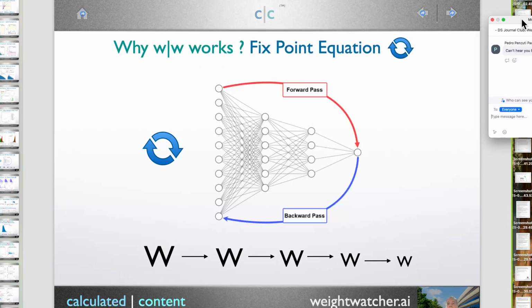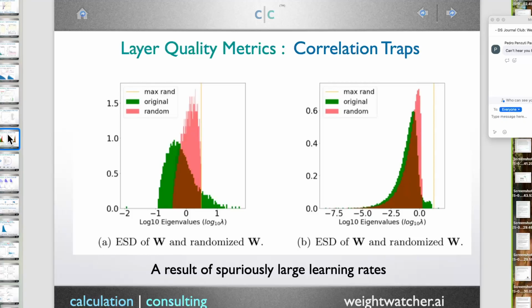My question was related to the observation of the emergence of outliers in layers as a model scales, and how that relates to the spectrum. I mean, that would change the spectrum, right? Well, what happens when you get these weird correlation traps is that it causes alpha to drop below 2, or it shrinks it anomalously.